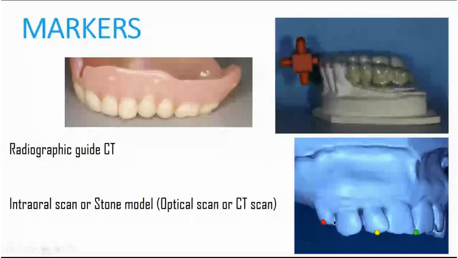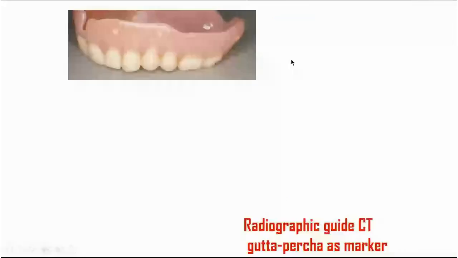And also another part of the markers could be those anatomical markers, which could be recognized on optical scans of the stone model, or on the intraoral scans, or on the CT scans of the stone model. So let's go through the different situations, so I can explain this as much as is possible. First, we need a prosthetic, removable prosthetic solution such as a full denture, which will have